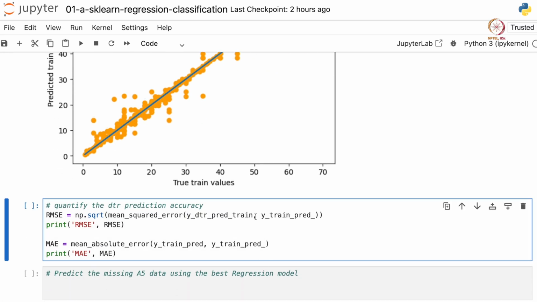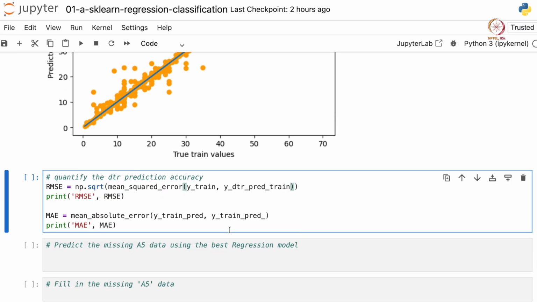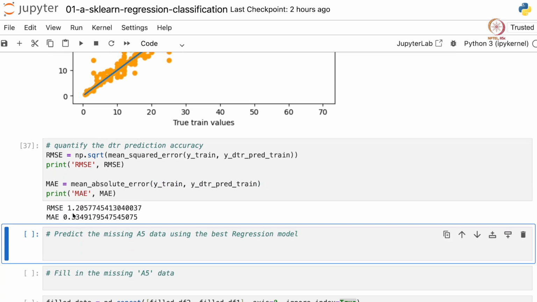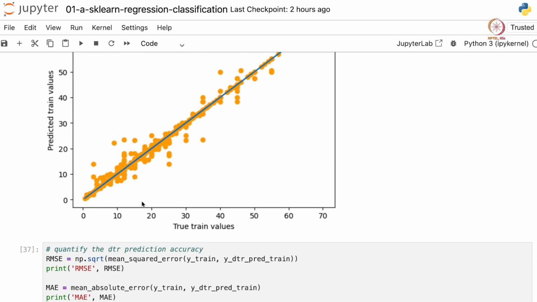We have to first pass the true values, so that is y train, and here y DTR predict train. And similarly for the MAEs. And once we run this, we see the RMSE and MAE are much lower for the decision tree model than for the linear regression model. So basically this model performs better in predicting the A5 values.